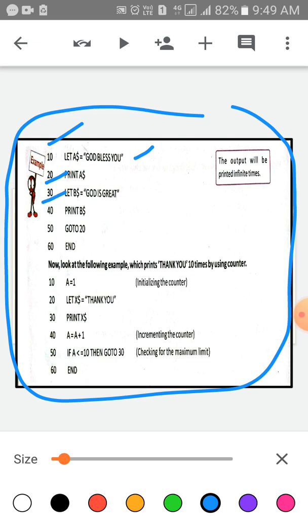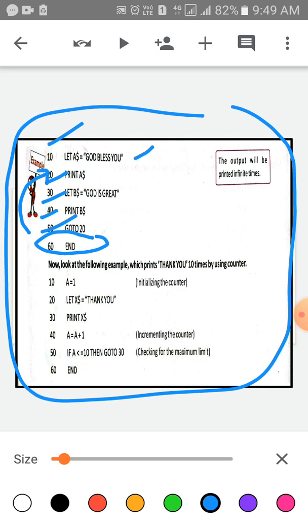Line number 3, let B$ is equal to, within quotes, write down "God is great". Line number 4, print B$. Line number 5, GOTO 2, means go to the second line. And lastly, write down END. The output will be printed infinite times.